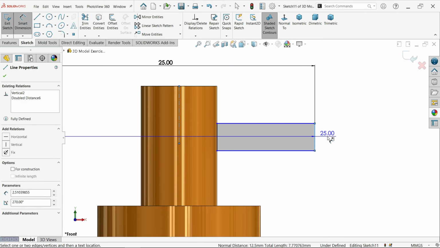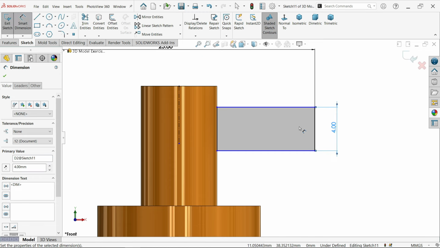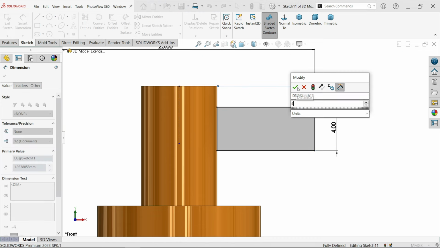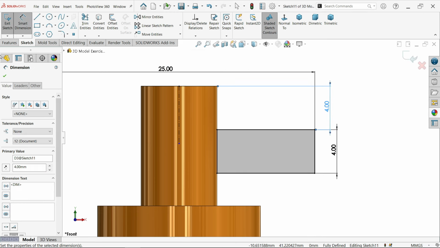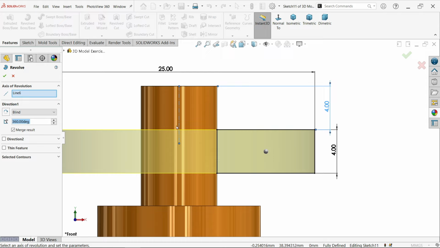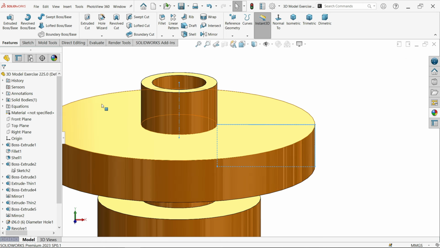Okay, thickness 4 millimeter, and also distance from upper edge 4 millimeter. Look, it seems fully defined. So activate the revolve boss base feature. By default the system took this center line as the axis of revolution. Okay,